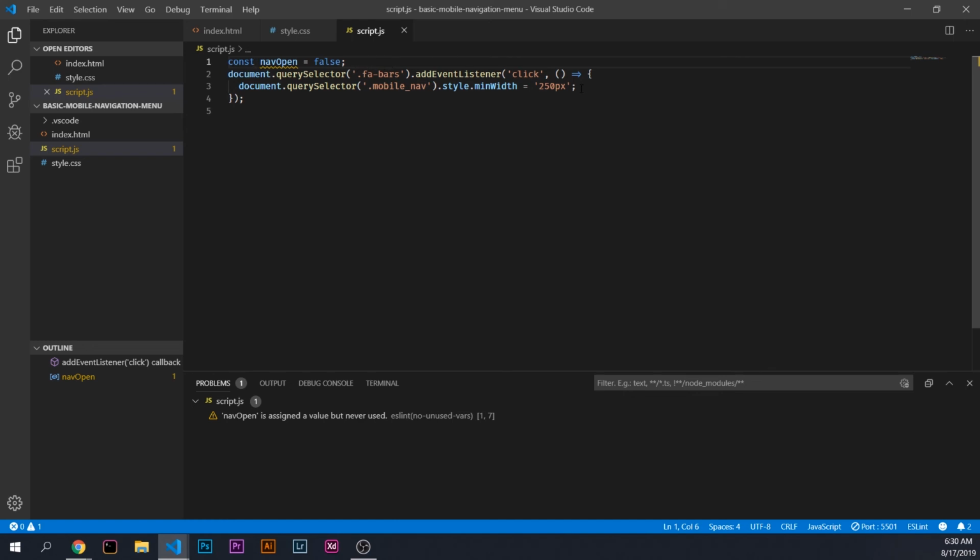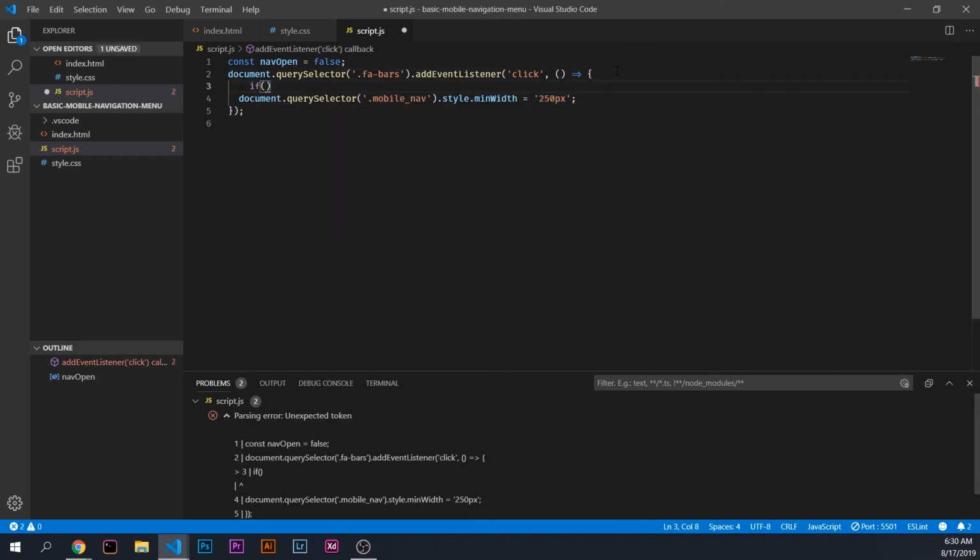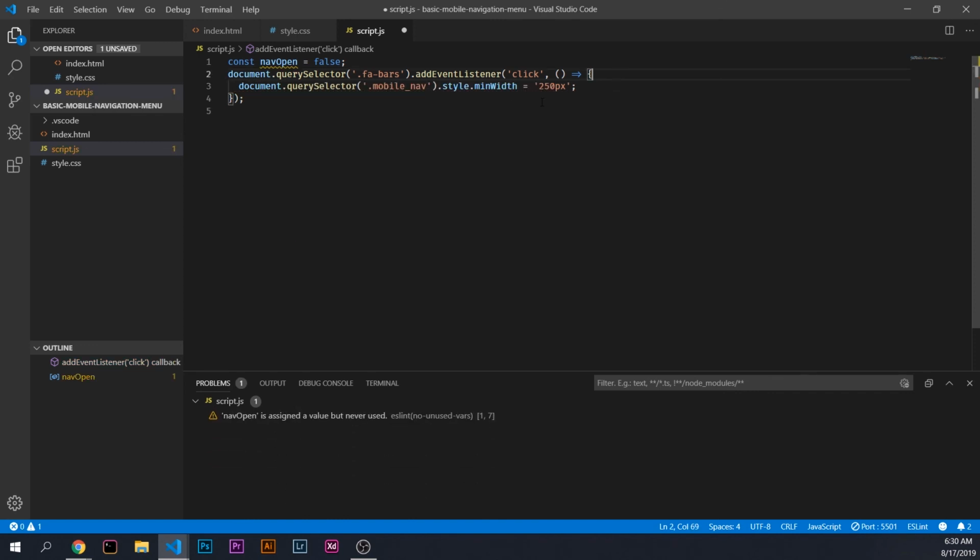So what we'll do in here is we're going to use something called a ternary operator to assign this width. Basically, a ternary operator is just an if-else statement. It's written a little bit differently, but instead of writing code like if navbar do this, else navbar do this, we can actually shorten it using a ternary operator here, and I will show you how that's done. So we will set the minimum width to navbar, and we'll create a ternary operator, and we will do 0 pixels,